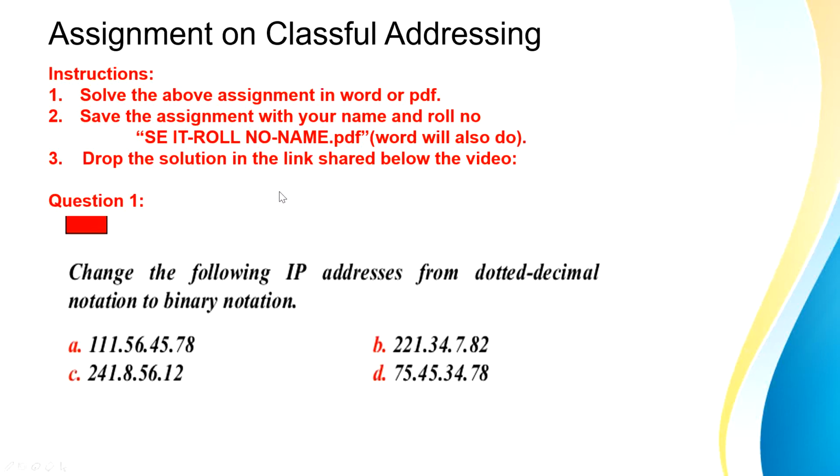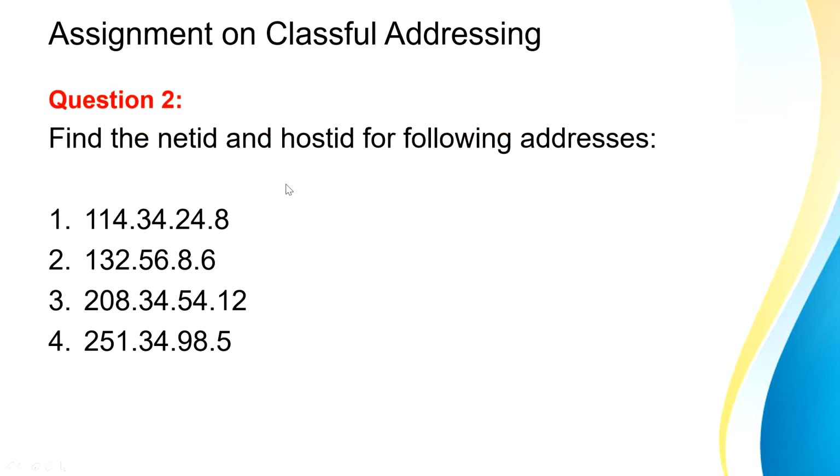Please check it and solve the assignment and do whatever is told to you by the end of the assignment submission date. Now this is also a question which is a part of your assignment. So now you are supposed to find the net ID and the host ID for the following given addresses. So for each IP address